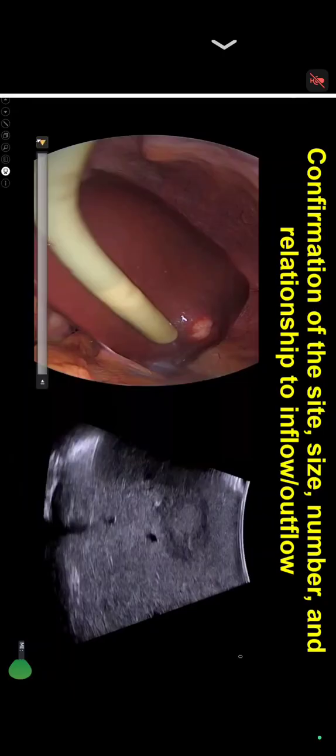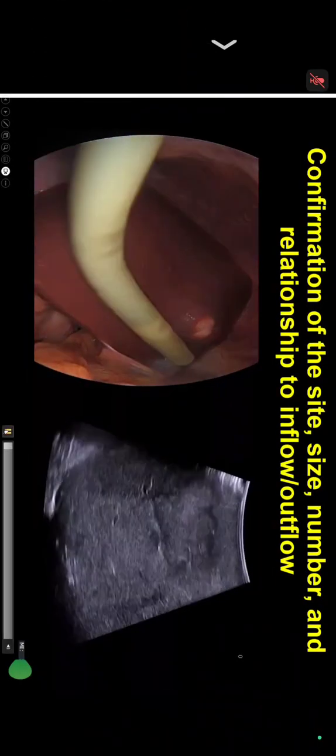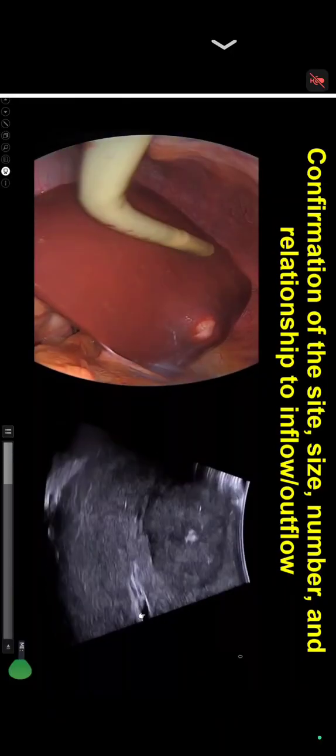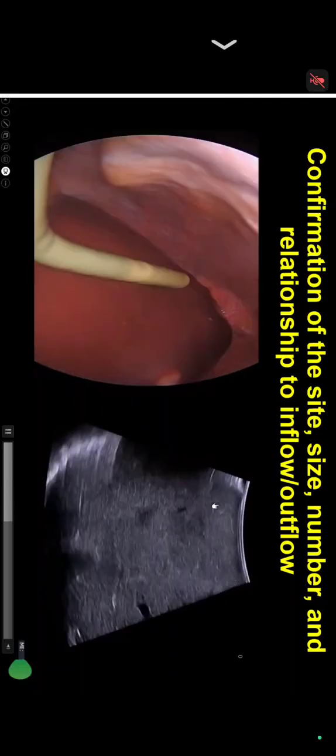And look at this one here, okay? So that's the ultrasound scan, and look at the size of the tumor. It's massive, okay? And relationship to the inflow. That's the portal vein. So if you want to do the ICG, because that's a part of my topic, is